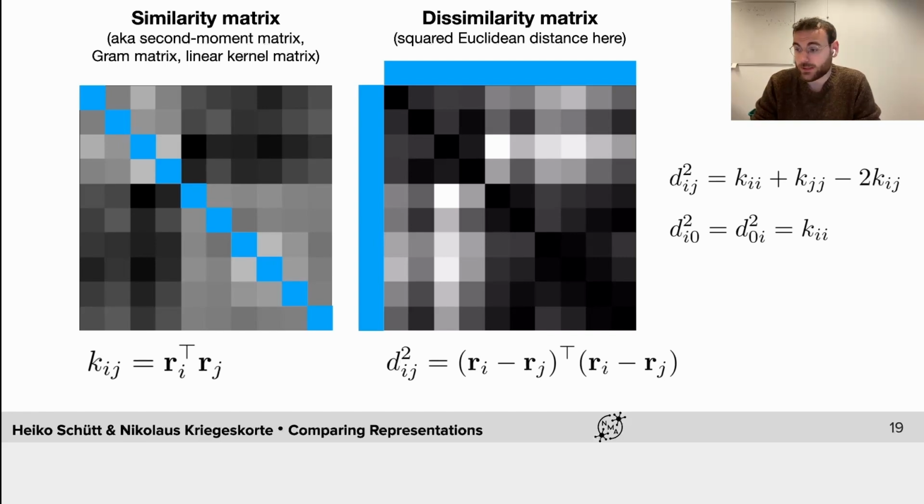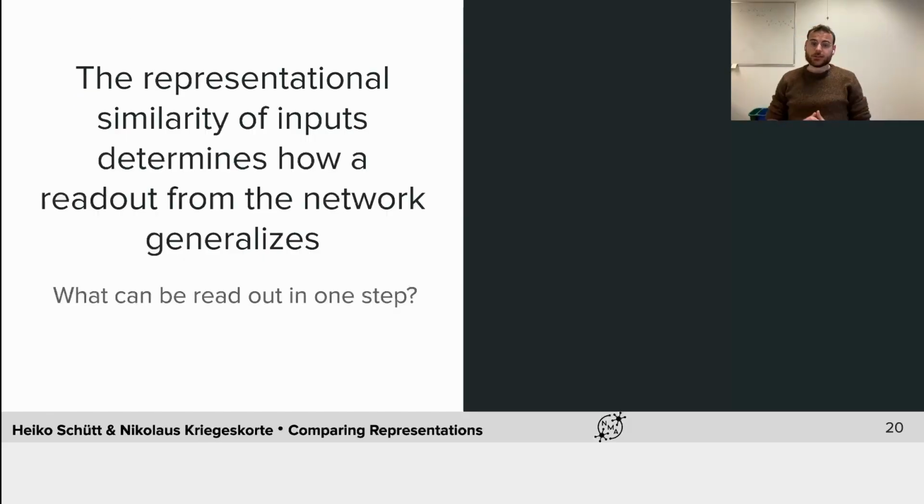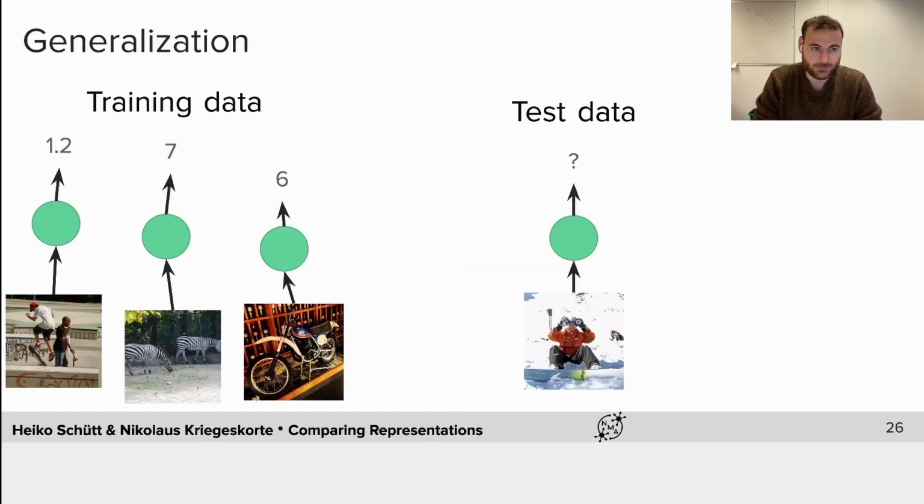So now that I've shown you that they are kind of the same thing, why should you use either of them? To make this argument, I'll start by showing you the relationship between similarity and generalization of readouts from the representation. This also nicely ties our day to the other days of the Neuro AI course, where you heard a lot about generalization. So let's have a look at how that looks.